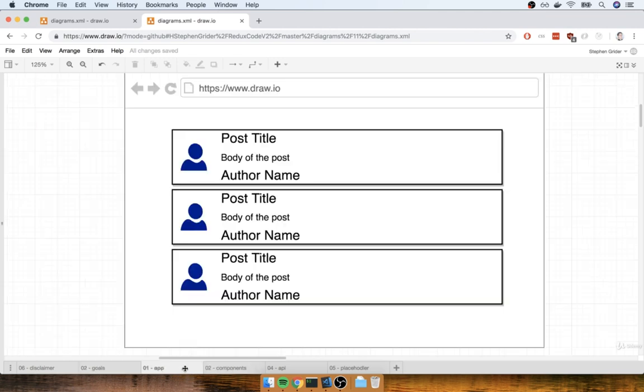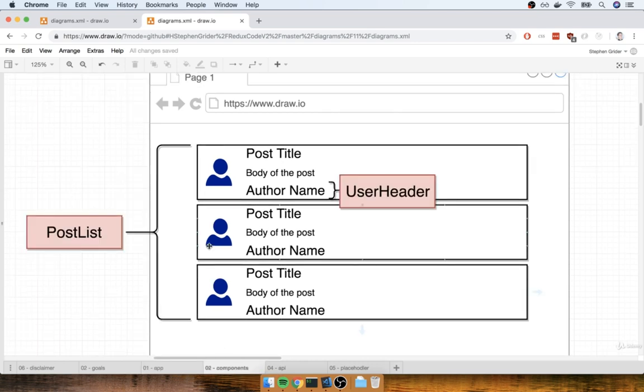All right, so thinking about this application, I think that we only need two distinct components to really put this together. We're going to make a component called the post list, which is going to render the entire list of blog posts. And then very interestingly, this is going to be kind of a non-standard thing that we do. We're going to render the author's name right here, like that single little div with some text inside of it, from a component that we're going to call the user header.